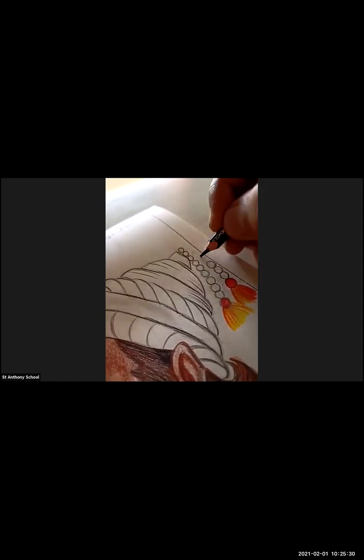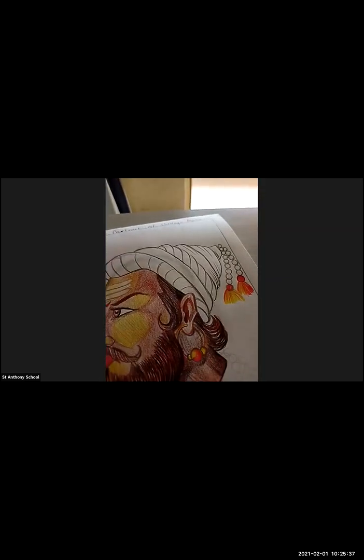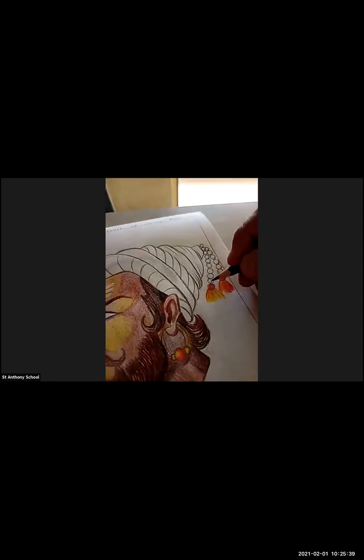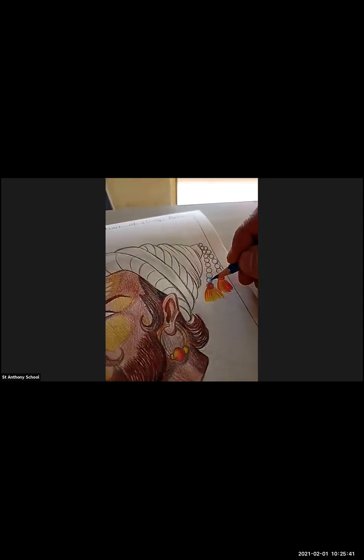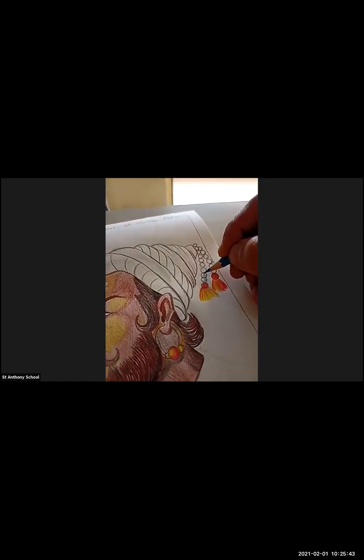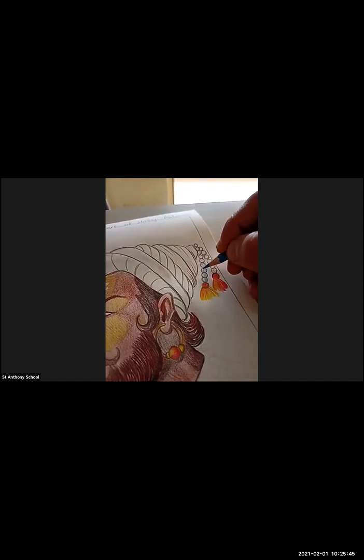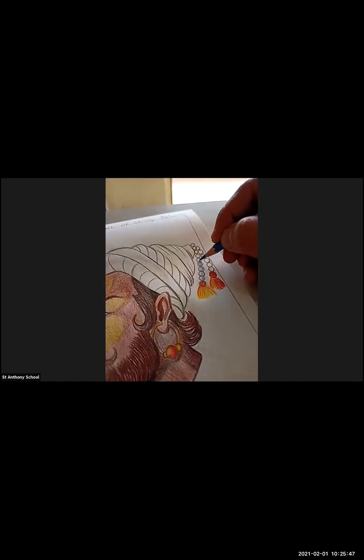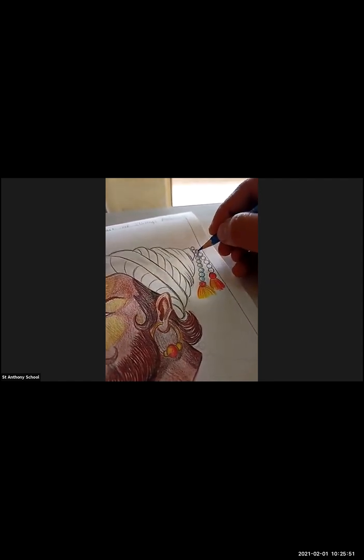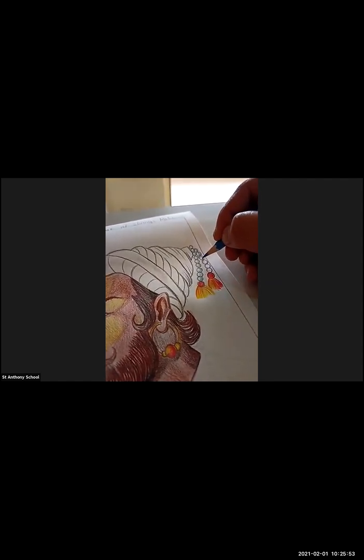It actually takes time, but we are doing it quickly because there are lots and lots more detailings in this, but we cannot do it right now because it's going to take time. So in this way we are going to add the blue shades, sky blue shade for the pearls, for looking 3D.